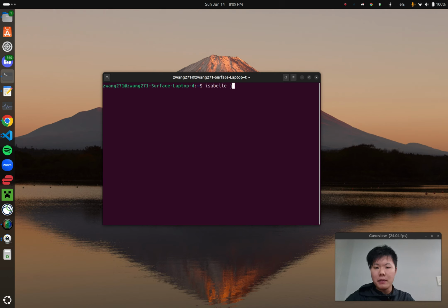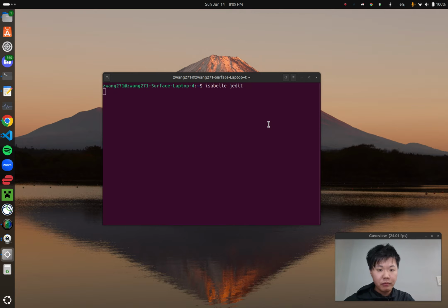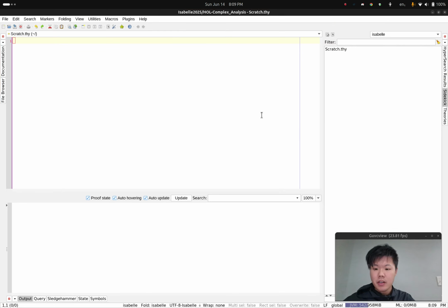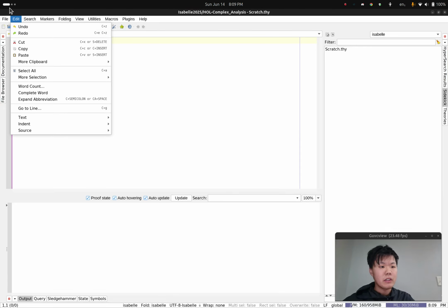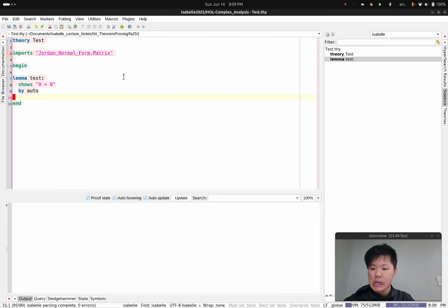I'm going to first open up Isabelle, the jEdit interactive editor. This is essentially where you edit your Isabelle code and proofs. I'll pull it over to this monitor here. Okay, good. And if you have installed the Archive of Formal Proofs correctly and linked it to Isabelle, you will see upon loading test.thy,